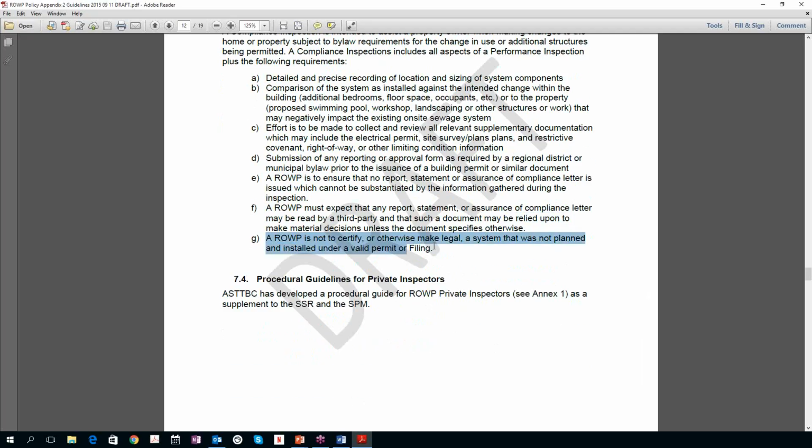And this is an important point, whether it's for inspections or just planning. This happens surprisingly often. We cannot certify a system that we didn't see go in the ground. Right? And certainly an inspector can't. If you find that there's no filing, system was put in 2 years ago, you can't create one. You might be able to hire a professional to do that. But the filing says that you've done your own soil analysis. The certification says that the thing was put in as per your plans and specs and as per standard practice in the SPM. Well, you can't do that if you didn't see it go in.